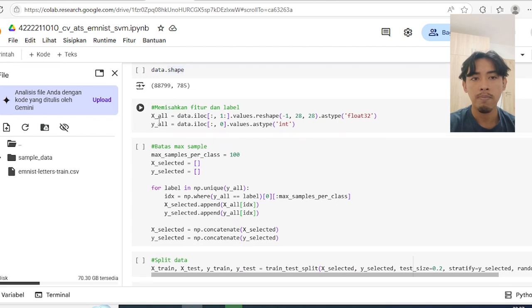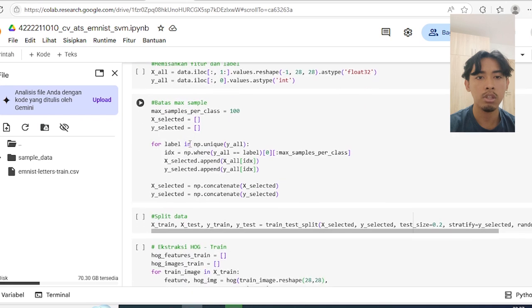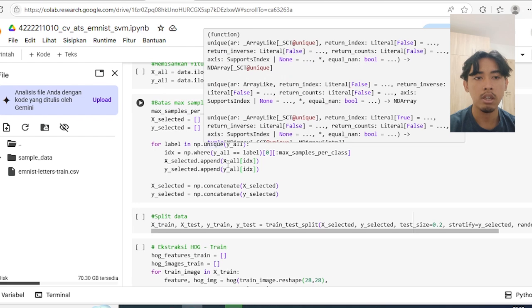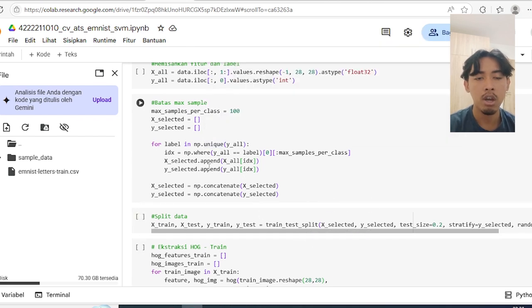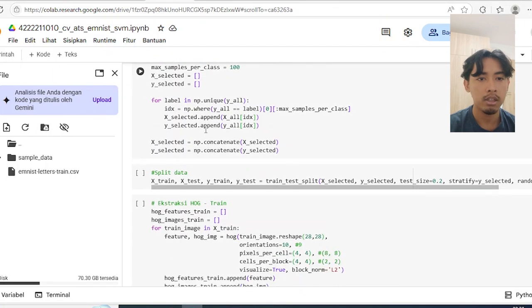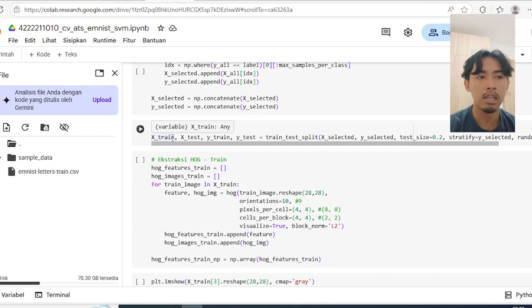X all is for the feature with this shape, and this is the data type, and then y all is for the labels with the data type integer. And then we need to limit the maximum samples. There are 26 classes, and each class contains 100 samples, which means the total will be 2,600 samples.